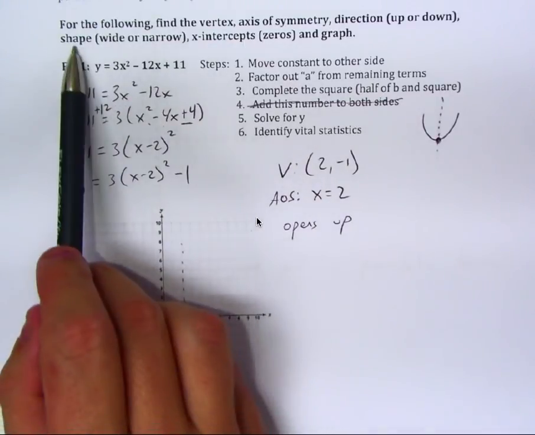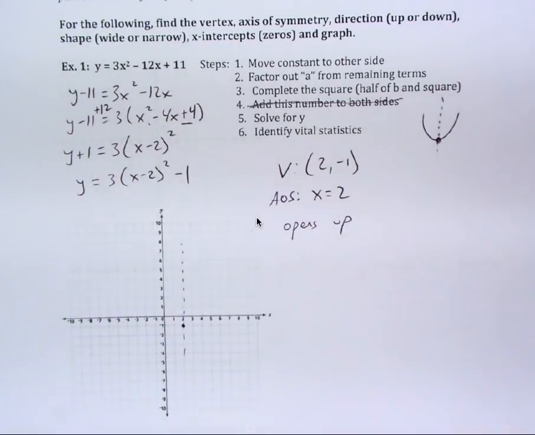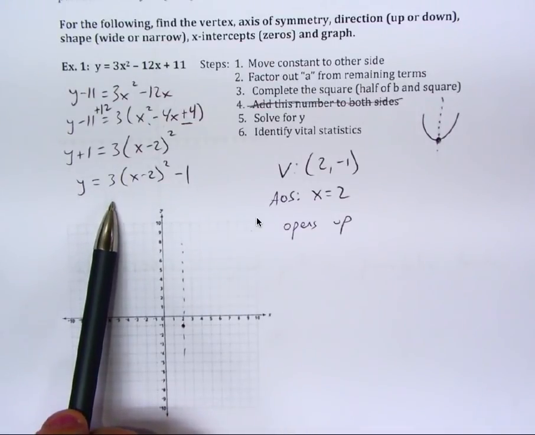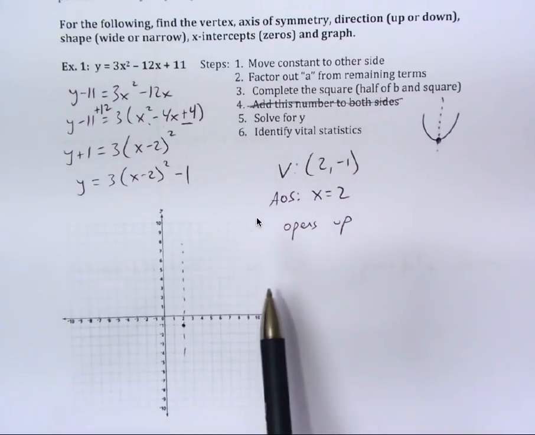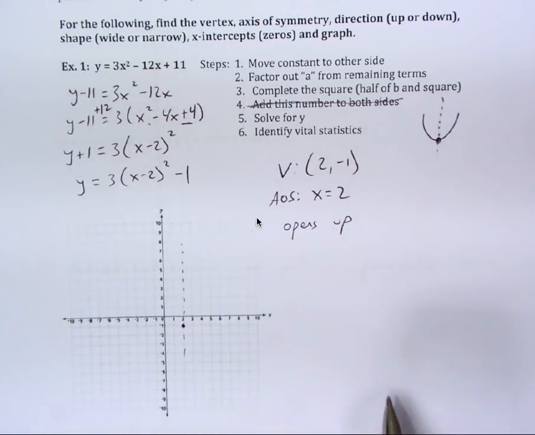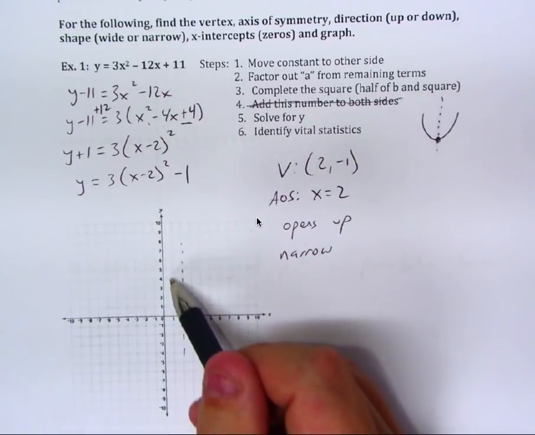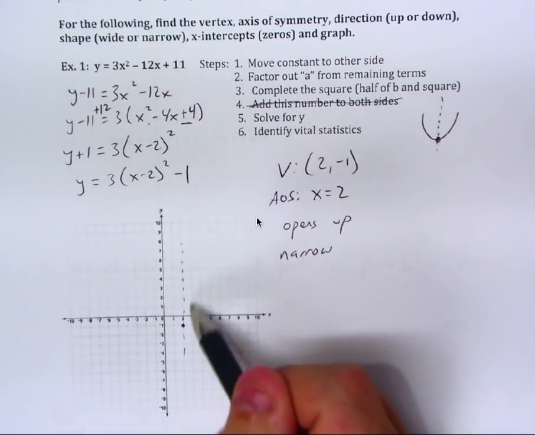Then it says the shape. Is it going to be wide or narrow based on the parent function? Well, anytime this a value is above 1 or less than -1, it's going to be more narrow. The y values are going to get bigger. It gets stretched out. So narrow. So we already have a really good idea of what our parabola is going to look like, but we can